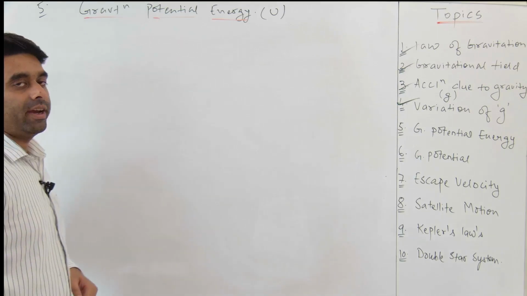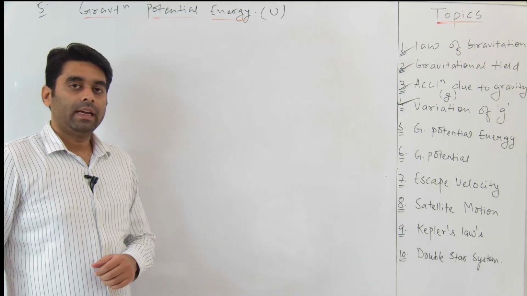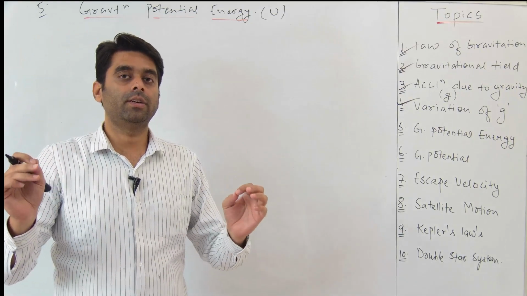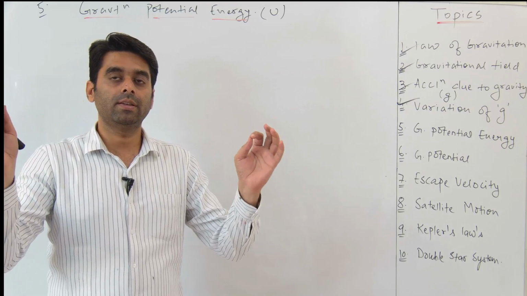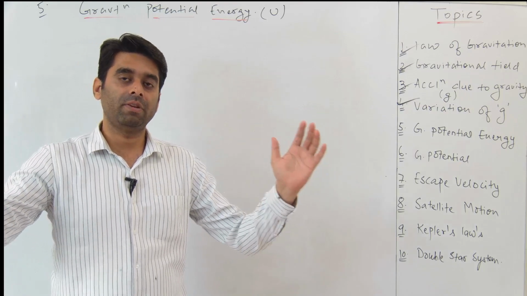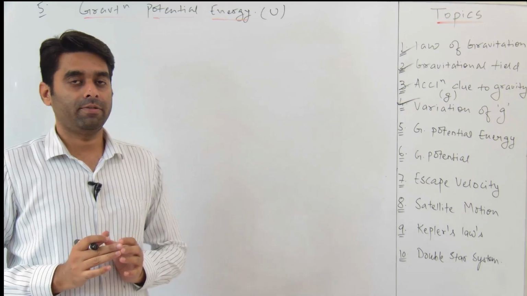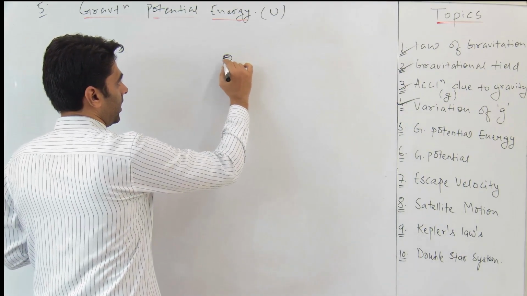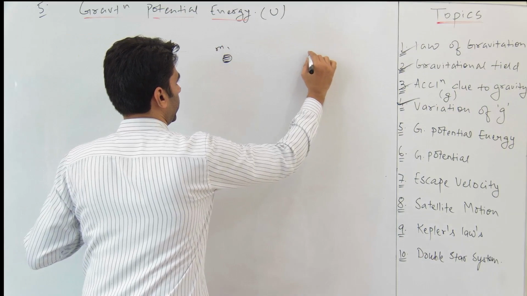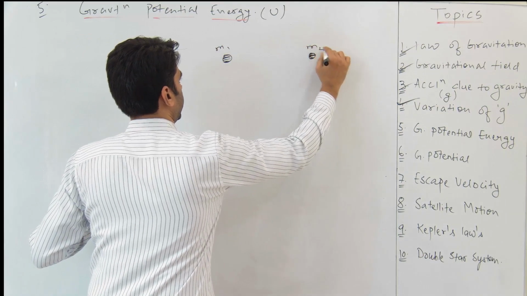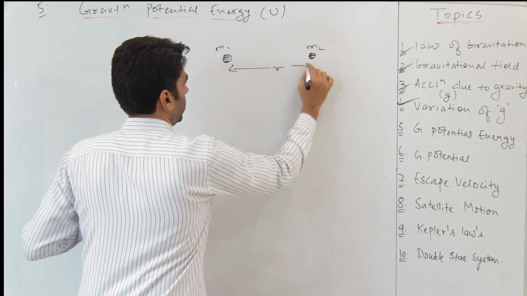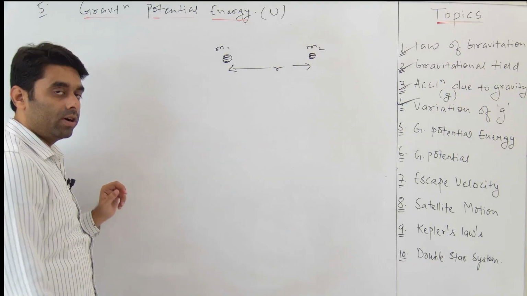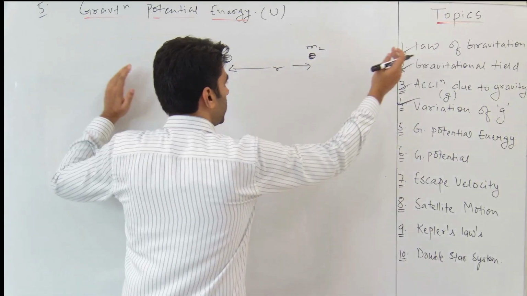So next we have gravitational potential energy. How do we define it? It is basically the work done to bring the system from infinite separation to the present configuration. What I mean is, let's consider a situation. Let's say we have two masses m1 and m2, present at a separation of r. Then the gravitational potential energy for this pair of masses will be the work done to bring the system from infinite separation